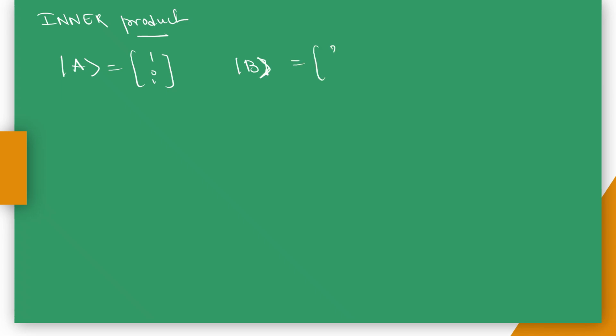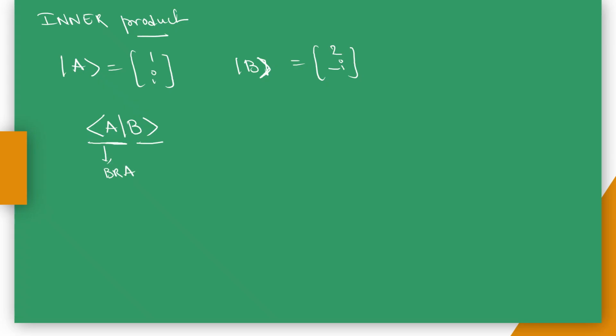Inner product, that is what happens if you multiply both the state of ket and the bra. For example, I just mentioned ket A is taken as (1, i), and ket B is taken as (2, minus i). I want to take the inner product of A and B. See here, this is like the bra,